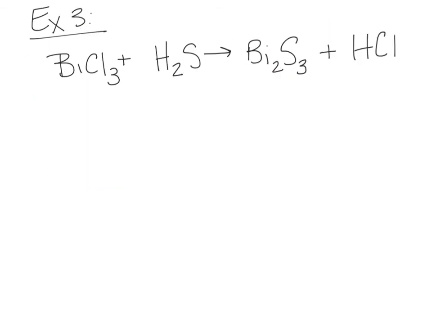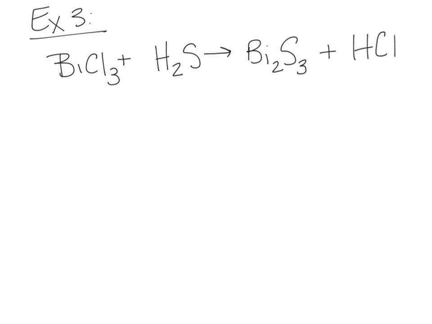So in our next example, we have bismuth chloride, it's a hard one to say, plus hydrosulfuric acid, and those are our reactants, and then they become our new products, which is bismuth sulfide and hydrochloric acid. So the first thing we're going to do is list the elements